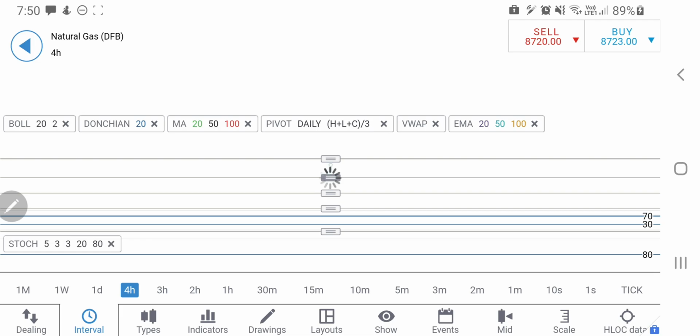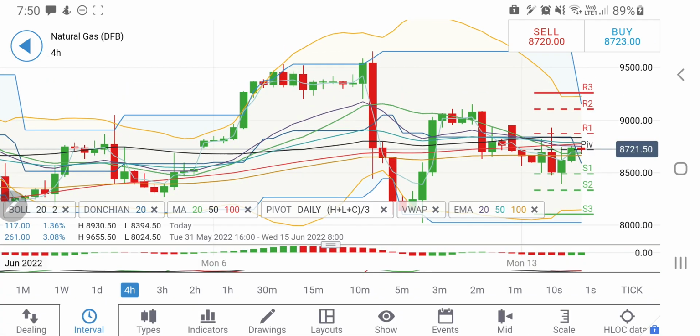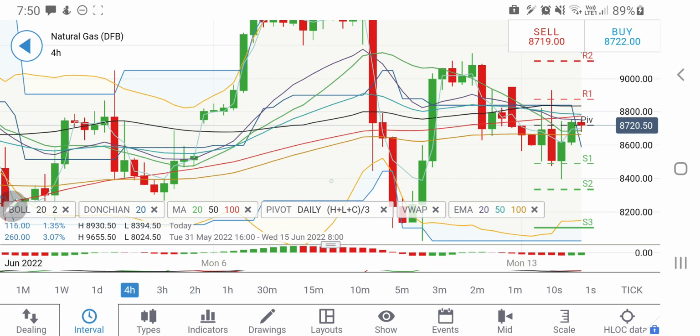Similarly, if you look at the 4-hour charts, on the 4-hour charts too, it is trying to reverse a bit. See, one thing you should observe is that it is still very much trading in this channel. The highs of this channel at around 8.8 and 8.85 should come in as a stronger resistance. Once it breaks past 8.85, one can expect 8.9, and on the upside it will then fly towards this